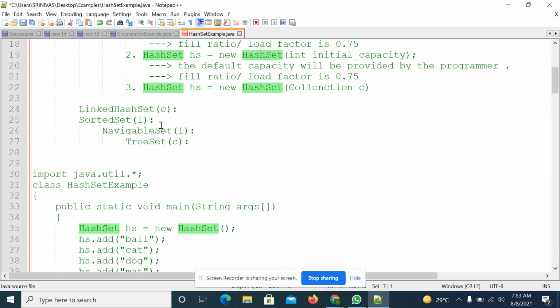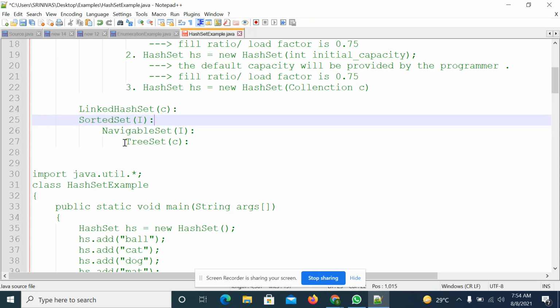And we started discussing the SortedSet interface, and we discussed what methods are available in the SortedSet interface, like the last method, first method, tailSet, headSet and subSet methods. We discussed some methods, and NavigableSet is there. In NavigableSet we also have some methods, which will be used for navigation purposes. We will see that one. We didn't discuss it yet.